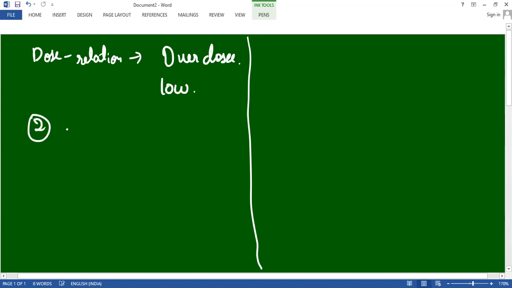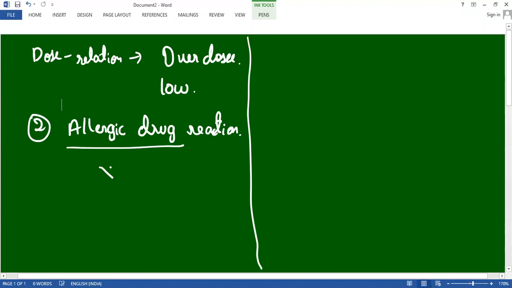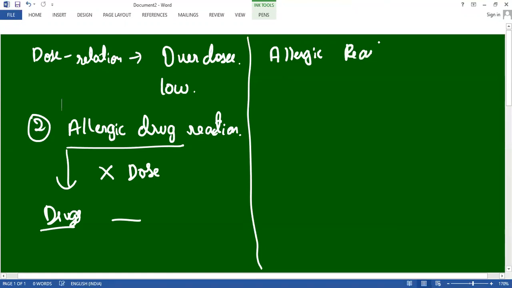And the second issue is allergic issues, allergic drug reaction. This is not related to the dose, but it requires a prior exposure to the drug. It is related to the drug, but not the dosage. So this allergic reaction,